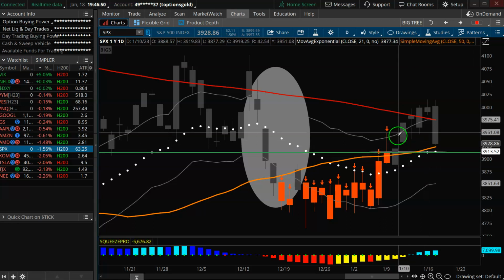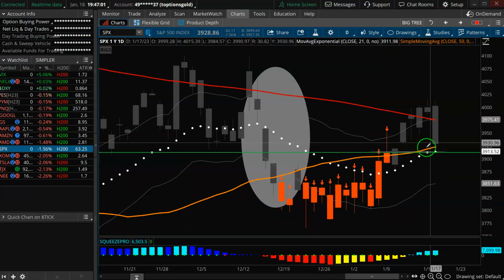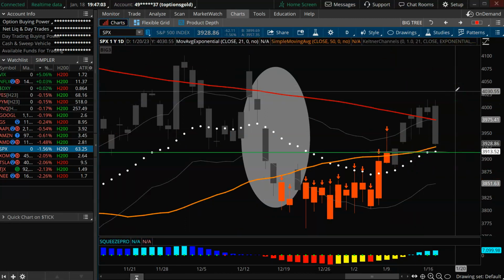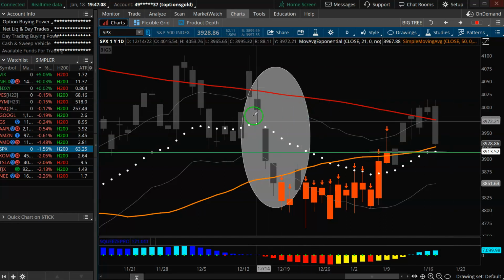Price action stays above that 21 EMA. The 5-minute chart goes bullish. 15 goes bullish, the 30-minute goes bullish, etc. At that point, it's all shaping up here for another rally off of that moving average. In the absence of those buy signals, the odds actually kind of suggest we might just keep on flushing lower